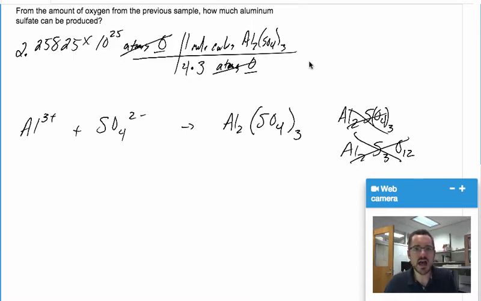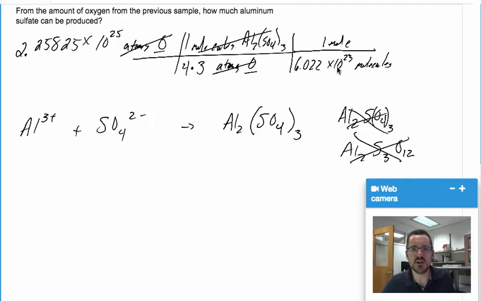So my oxygen atoms cancel, and then I can convert my number of molecules by dividing by Avogadro's number to get moles. So 6.022 times 10 to the 23rd molecules will be on the bottom, and 1 mole on the top. So my molecules of aluminum sulfate cancel, leaving me with a mole, and the value that I would get from this is 3.125 moles of